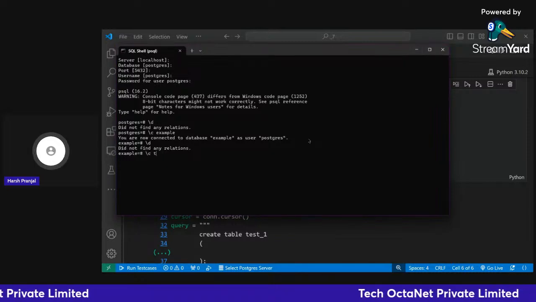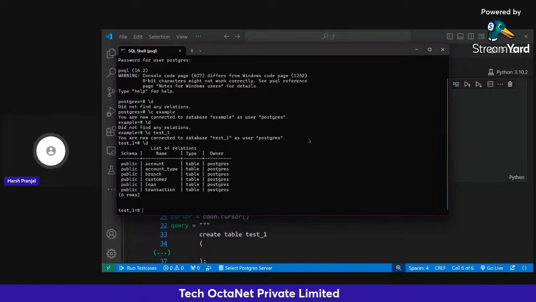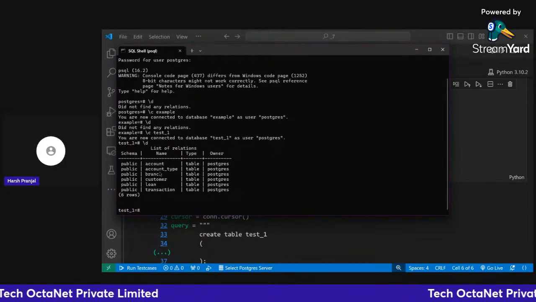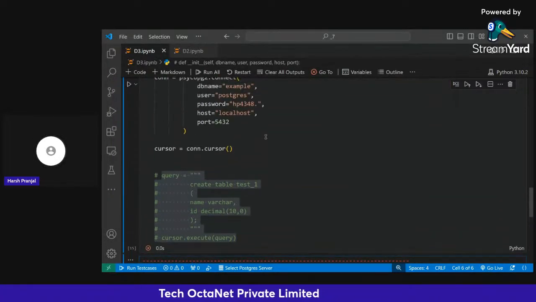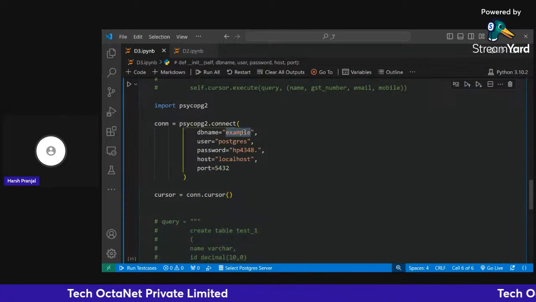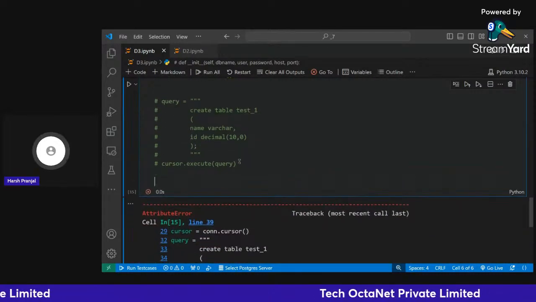Let's connect to some other one. Test one. In this one, I have multiple tables. Let's try to extract from the loan table. Okay, so the database name is test one. Our new query will be